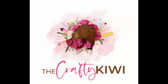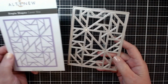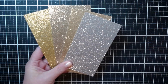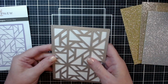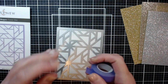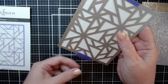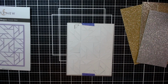Today I am sharing one of my favorite techniques, which is die cut inlay, to create a beautiful sparkly Christmas card. I'm beginning with a cover die from Altenew called Simple Shapes, and I am cutting out the whole panel from white cardstock. I've cut the cardstock to 4 1/4 by 5 1/2, the same size, and I'm just taping some purple tape to the top and bottom so that it doesn't move when I put it through the die